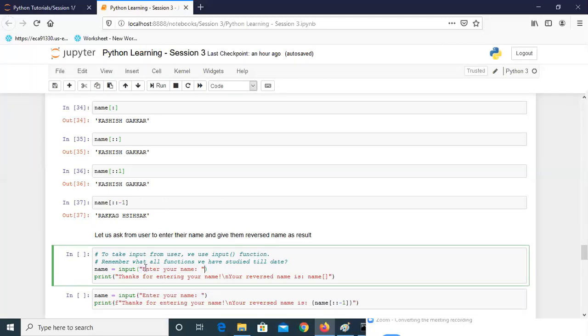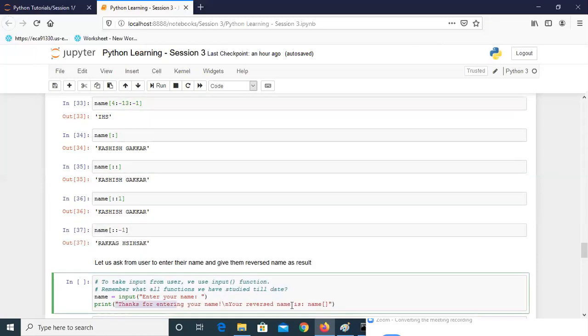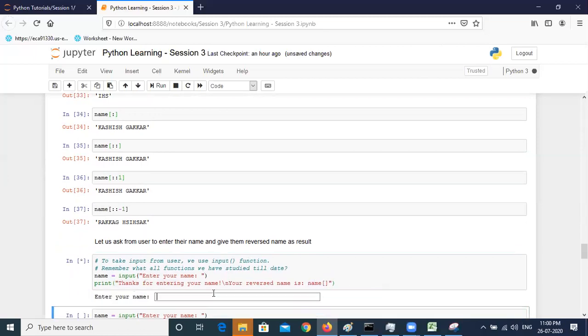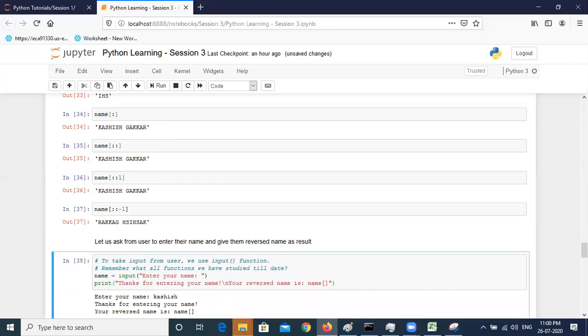So you can also use f-string here, as per the requirement. But here I have just written enter your name, then colon space, and then I'm writing thanks for entering your name. Your reverse name is name, and then square brackets. So if I run this and let me write my name, you can see what it is doing.